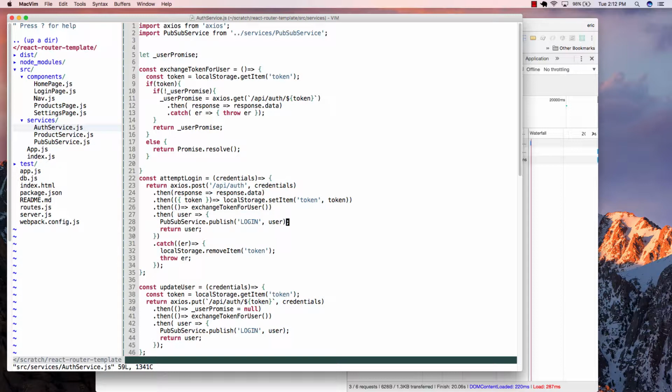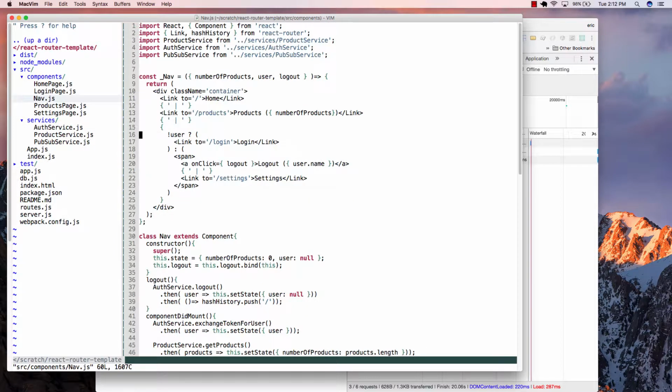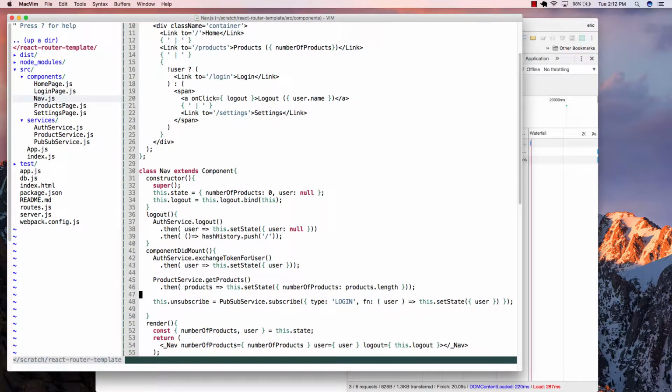You've got this pub sub method, but there's something else that you're also seeing in the nav bar. You're also seeing that when this component is loaded, I'm going to tell the auth service. So these are doing two different things. If the user is already logged in, they have logged in before, in other words, that token ends up existing. So this would end up being used for a hard reload. If there's a hard reload and the user ended up logging in, what ends up happening is I end up exchanging the token for the user. If I took this out,